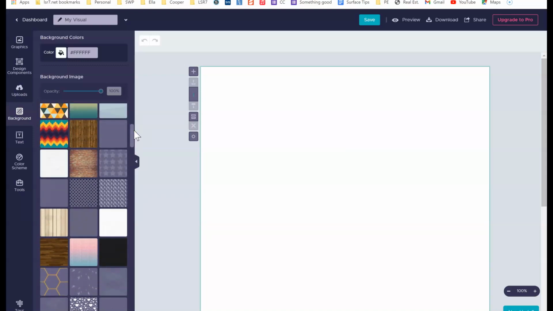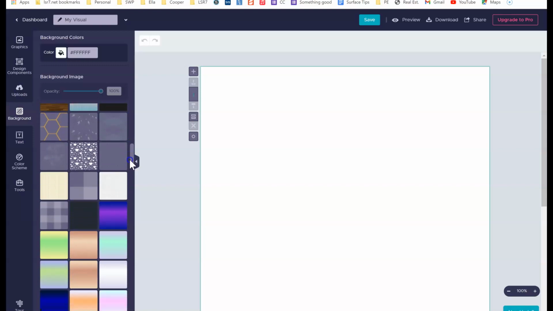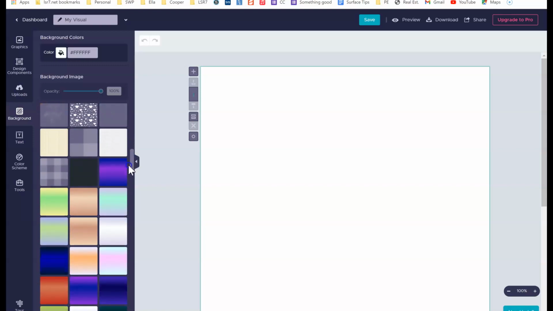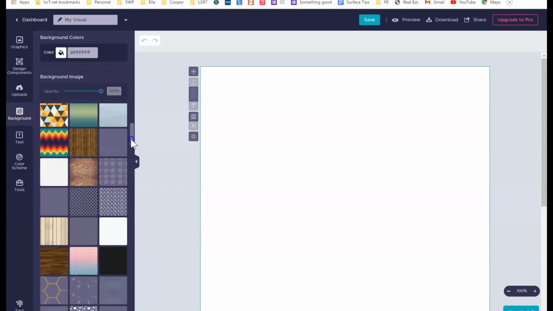Think about your goal setting and some of the goals that you want to have in your life. If you want to play basketball, some kids like to use the hardwood floor because it mimics basketball. Whatever background you choose, you want to make sure that it's not super busy, because that could detract from what you're trying to do. But if you did want to use a busy background, something like this,